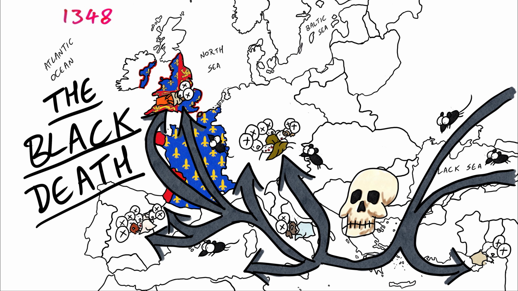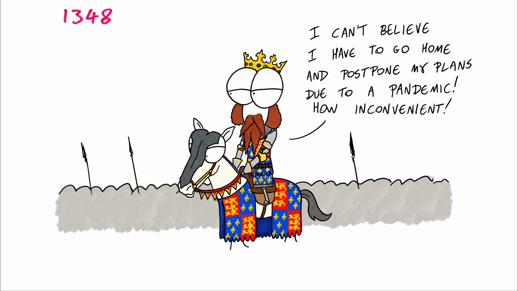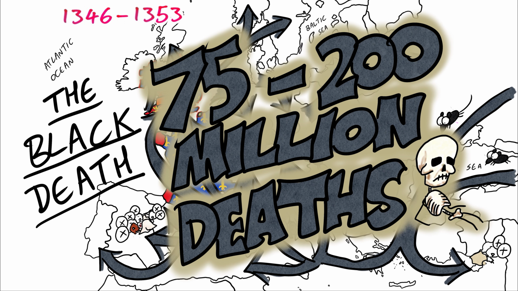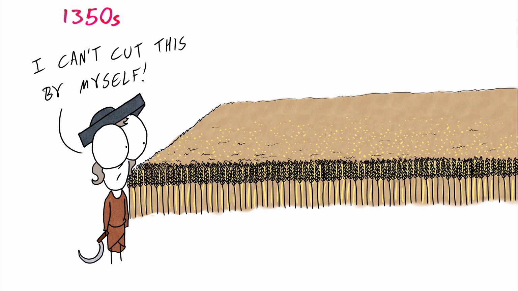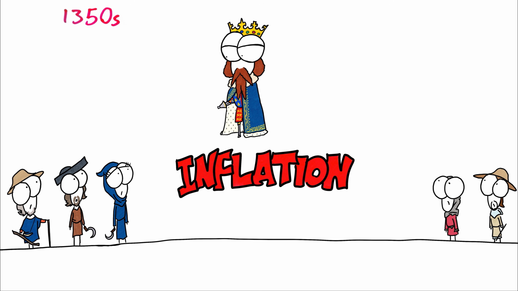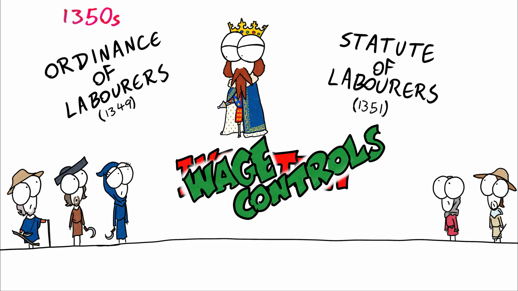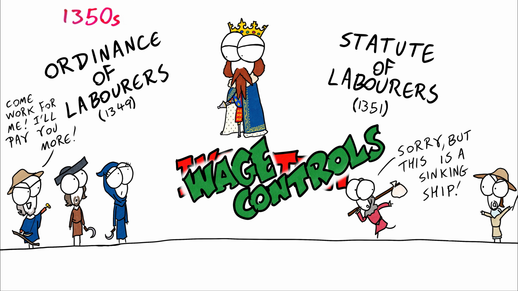But then the Black Death came to England and the war was put on hold. The bubonic plague wiped out a third of Europe's population and indeed a massive portion of the workforce. England suffered from labour shortages, so the peasants who survived would get paid more for their valuable labour. But Edward and the Parliament brought in labour laws to fix wages to pre-plague levels. Landlords competed with each other for labourers, causing some places to fill with workers and other places, often the smaller farmers, to be left with nothing.